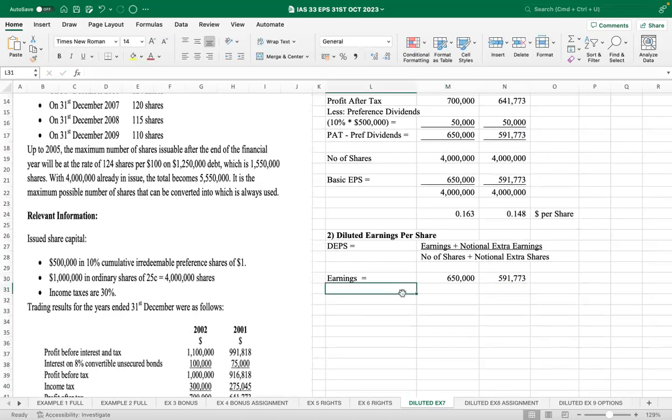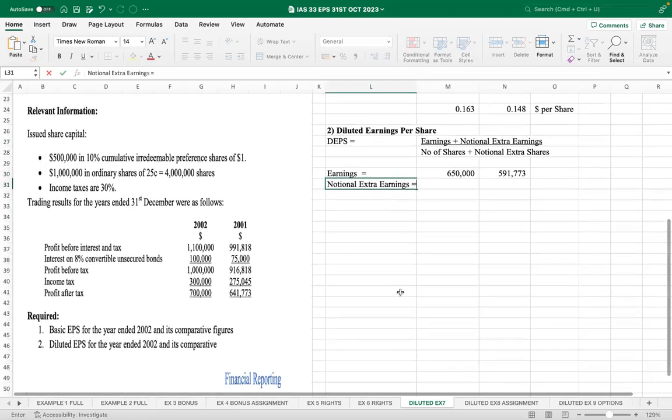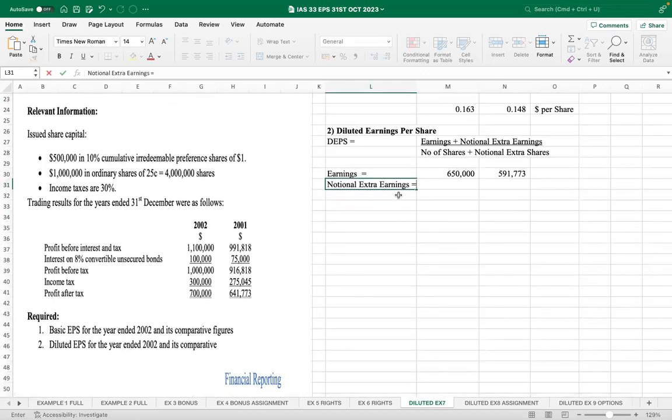Our notional extra earnings will be equal to, we used to pay, please, we said notional extra earnings are the savings on the interest on the bonds, net